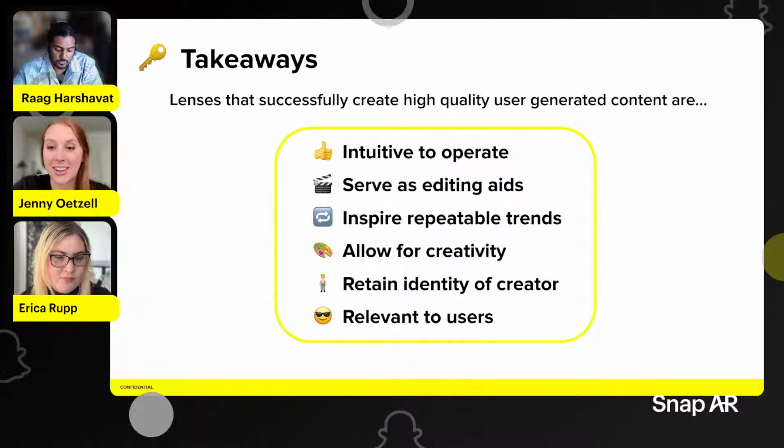Have your friends test it, send it to the family, and it helps to watch them use it. Because if they're struggling with getting into the lens, or taking a video from the lens, there may be a very, very small change to make. And that small change can make a world of difference to actually encourage creators to make a snap and post the snap. So huge things to remember, but also very small things to do. Great things to double down on for sure.